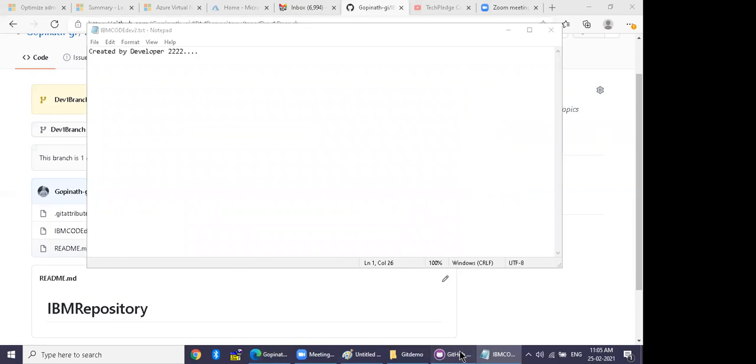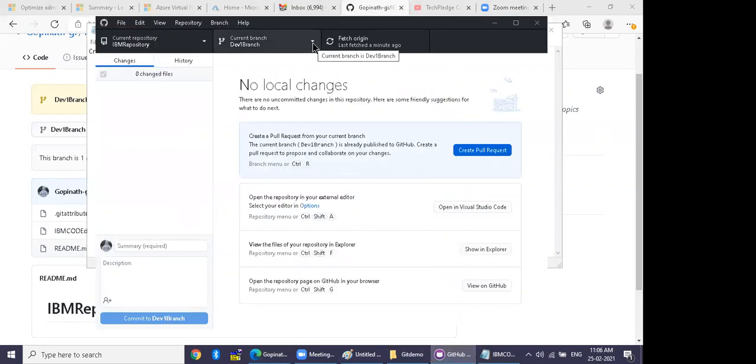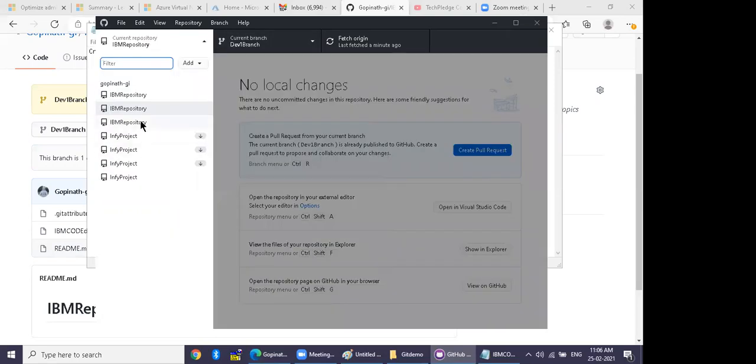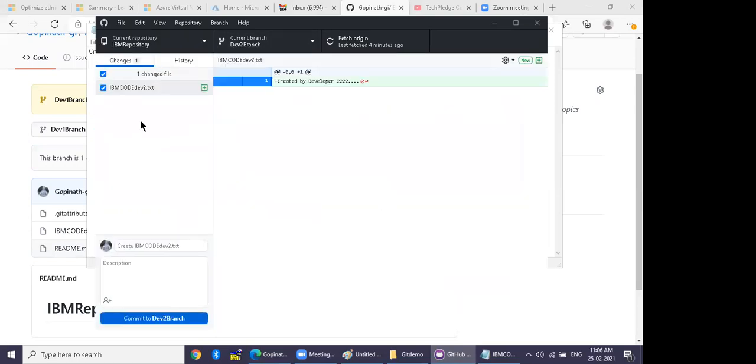Switch your GitHub Desktop. Good. So put your comment. This is the same as yesterday. The only thing is that you are now using branching.